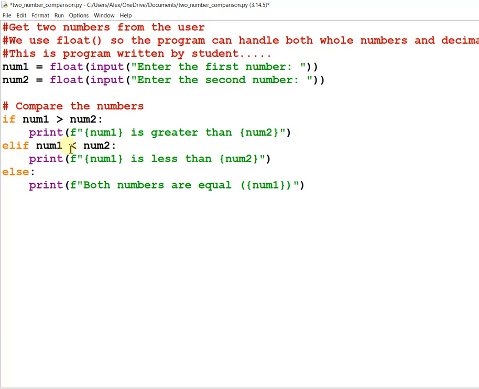And then again number one is less than, so here it will compare the less than. If both the conditions are not true, see how it goes serial wise. If this condition does not become true, it will jump to the second condition. If the second condition is not true, it will jump to the next condition, and then it will give you the answer. So let's try.